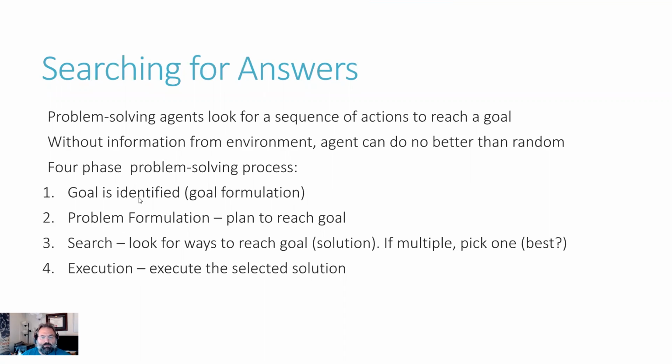So they may not have information from the environment, and they might even be able to get there without that information. But without that information about the environment, it's not going to be any better than basically just random trial. There's generally speaking this 4-phase process that things go through when you're solving these problems. You identify the goal, so it's formally called goal formulation. Then you figure out a plan to reach that goal, problem formulation. You'll start looking for ways to reach that goal, that's search, and then you'll actually do it, right? So that's a kind of an overall sort of approach to addressing this sort of problem. Interestingly enough, that sort of approach can work other ways in your life as well.